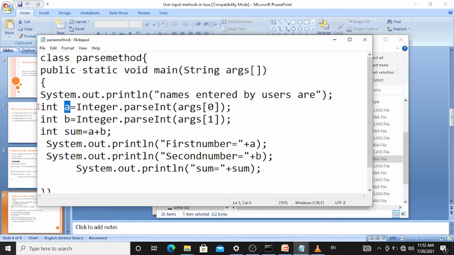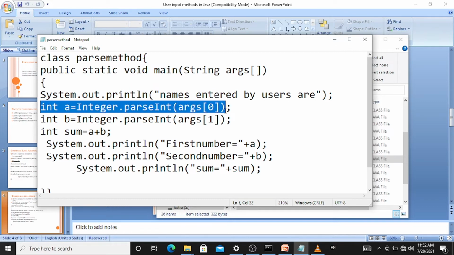So this is the meaning of the statement int a equals Integer.parseInt(args[0]). The first value entered by user will be converted into integer data type and stored into variable a.